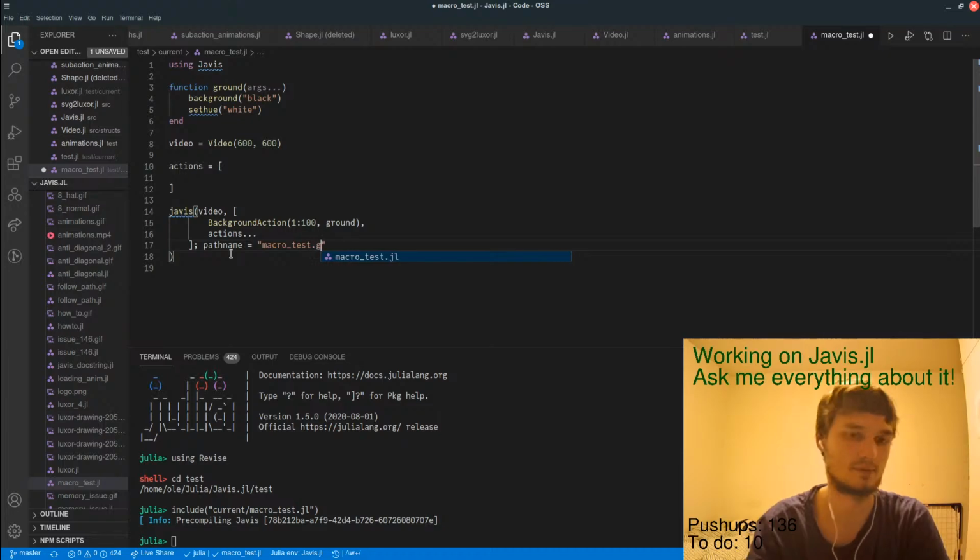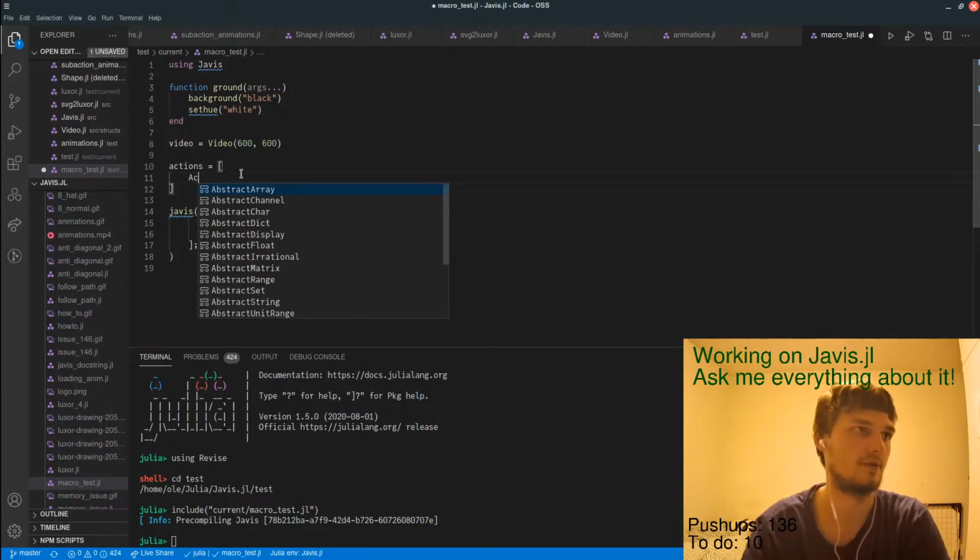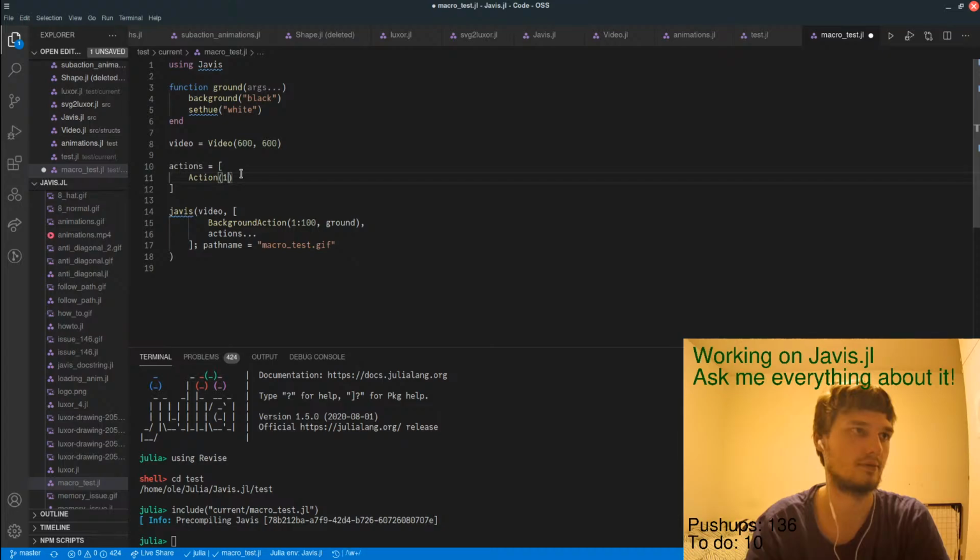Macro text, action 1 to 100. I don't know. Circle. That should work.